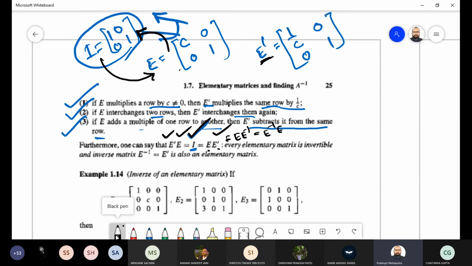We know that E is a 2 by 2 matrix. So if I multiply by the inverse, it will be your identity matrix. So by equating, we can get E inverse is nothing but E dash. Because in 12th you must have studied that a square matrix into its inverse is nothing but the identity matrix. So if you equate, E dash into E is nothing but E inverse into E. That implies E dash is nothing but E inverse only. So the reverse operation is nothing but the inverse of the elementary matrices.